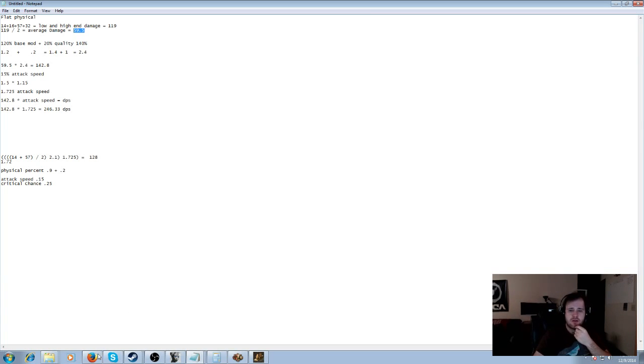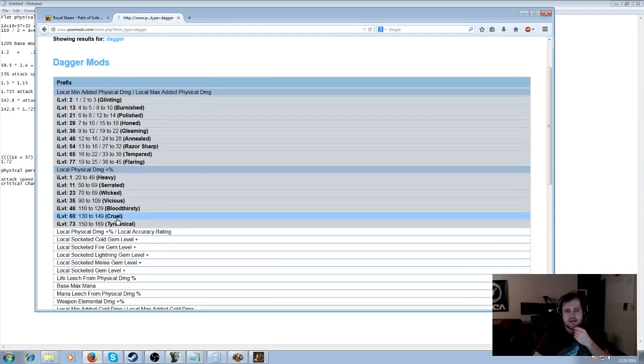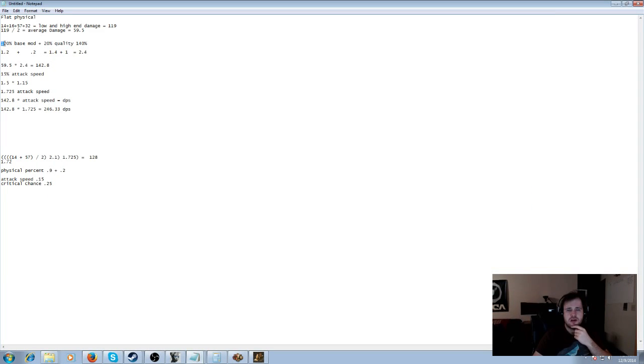Okay, well, now we can take that a step further. We can decide, okay, this also rolled a Bloodthirsty of 120. So it has a 120% base mod, but you have to remember, there's also usually quality that you can add on a weapon, which is another 20%, so really that's 140%. So we need to take this number up here, the 59.5, and figure out what that's going to look like. To do that, we have to first add these together. So we take the 1.2 plus the 0.2,